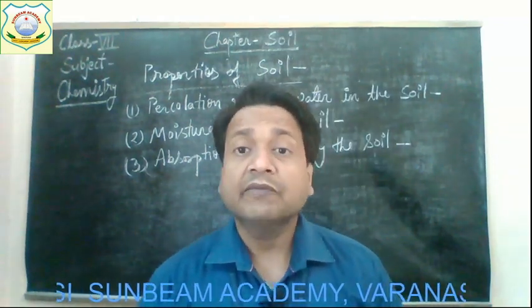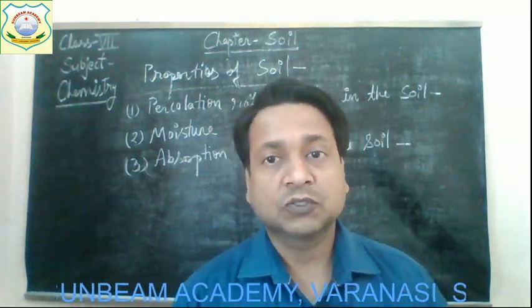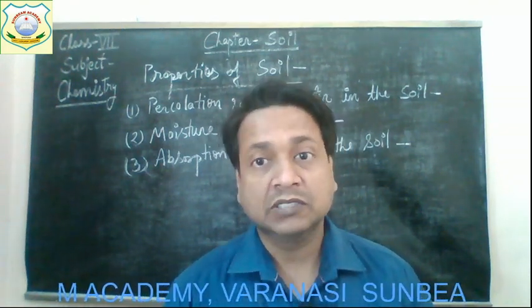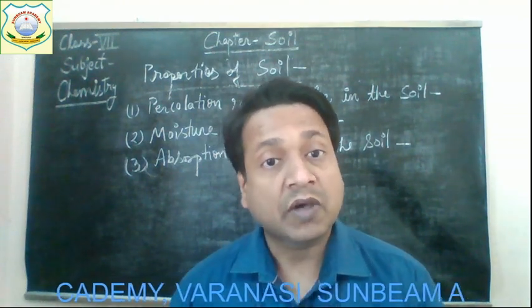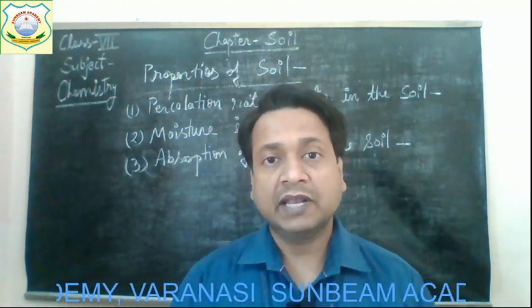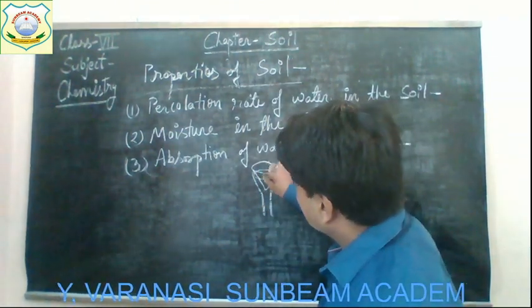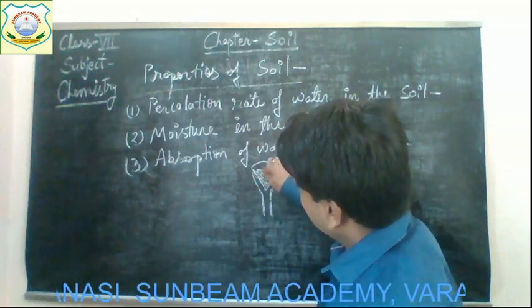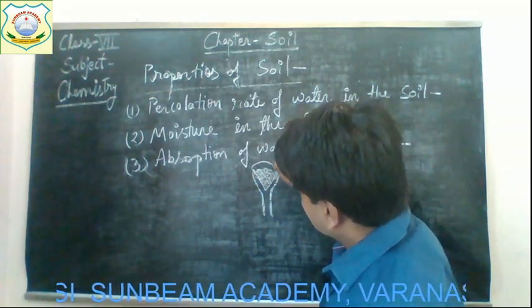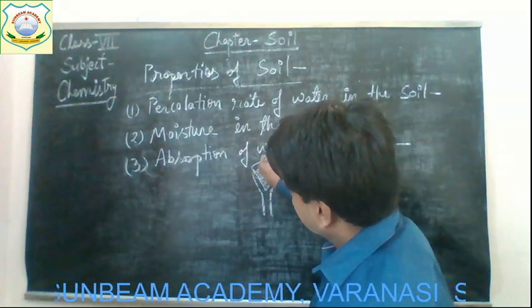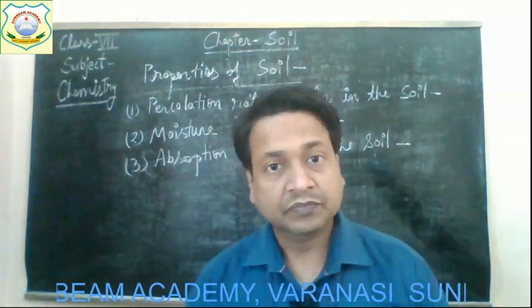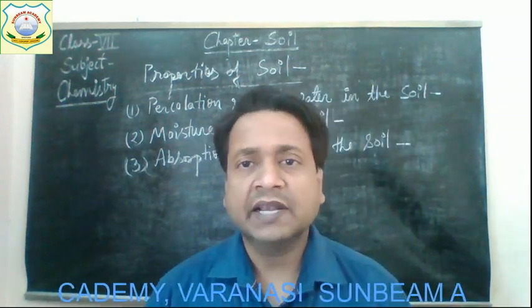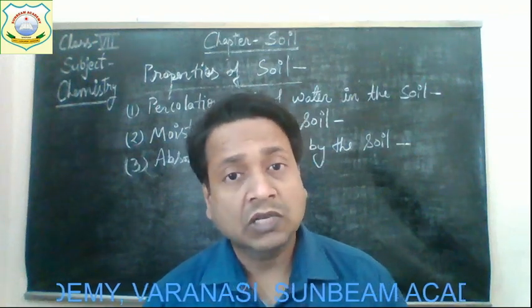Alright. Now weigh 50 grams of dry powdered soil. How much soil will we take? 50 grams of dry powdered soil. Okay, and put the soil on the filter paper in the funnel. In this filter paper, we will put the 50 grams of soil. Got it, children? Now, measure 100 ml of water using the measuring cylinder or a beaker and slowly pour the